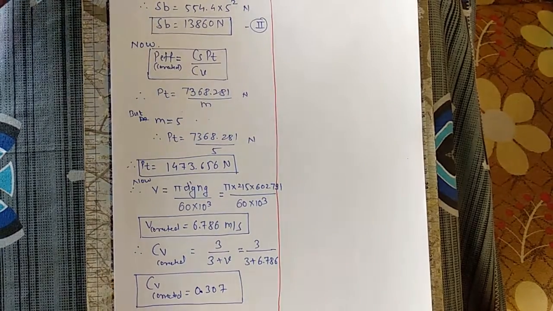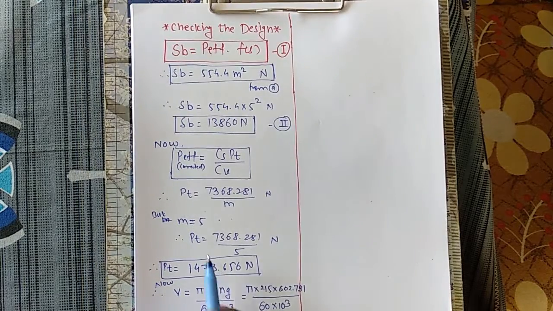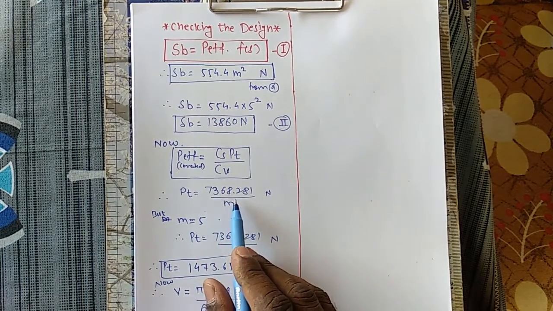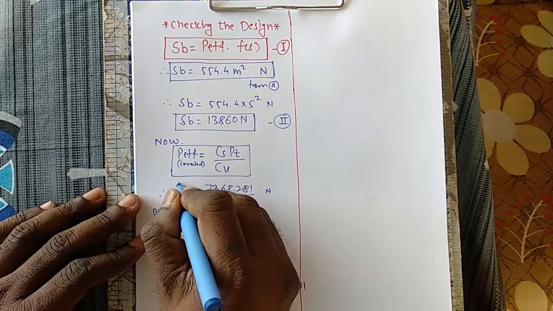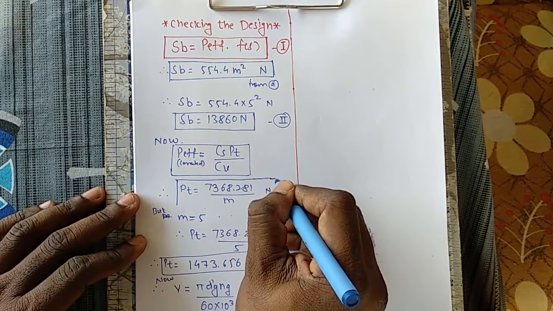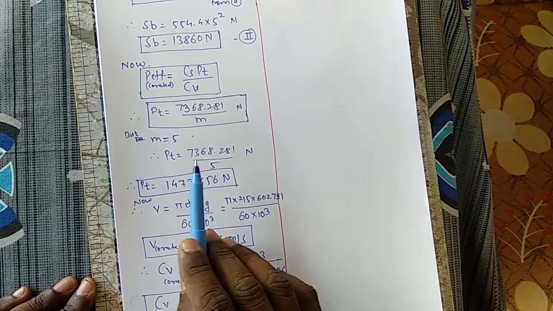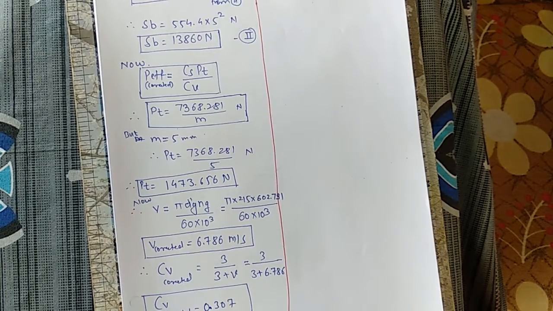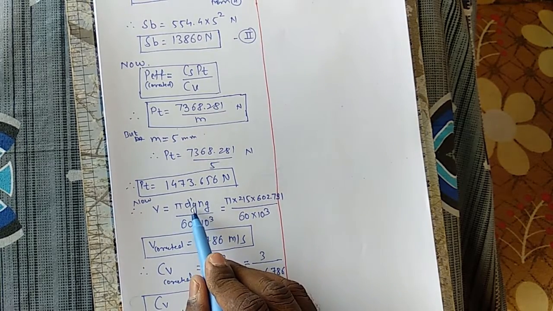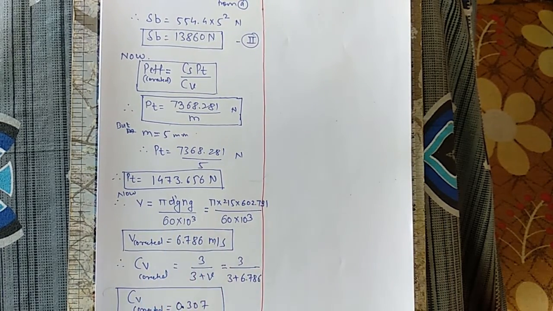Now I will calculate the corrected P effective, because PT will not change. In finding the value of PT we have not considered the value of velocity, that's why PT was unchanged. But V we have assumed as 5 meter per second initially, because we did not know the pitch circle diameter of the gear. So we have calculated the corrected V, and from that CV was corrected. We got the value of corrected CV now.